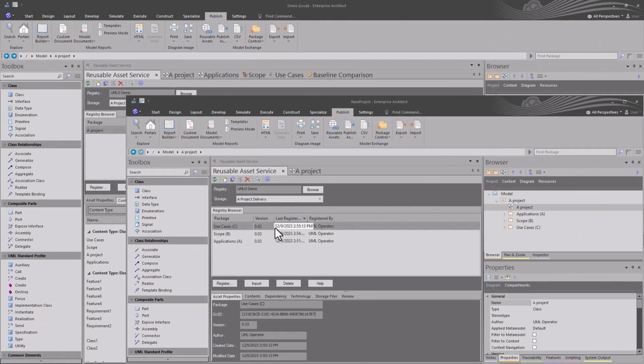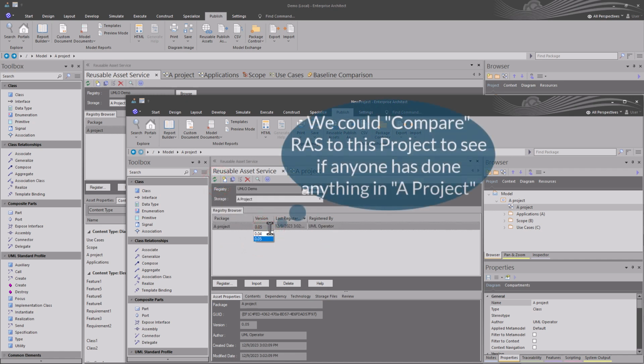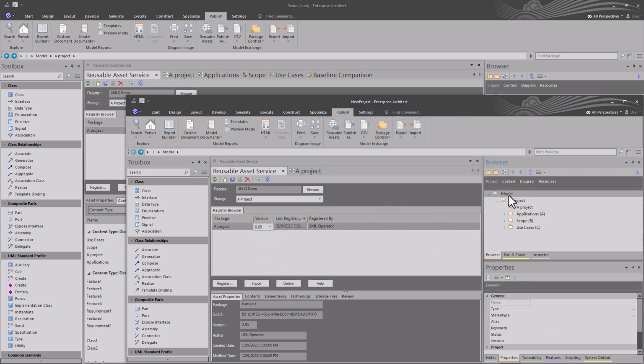All right, we're going to flip back over to our new project instance. We're going to make sure we're in the right storage area for a project. 04, we're going to do a refresh. We see 05. We can certainly go reflect back on 04, but we're going to use 05. We're on the parent package, which is a root node called model, and we're going to import this project and